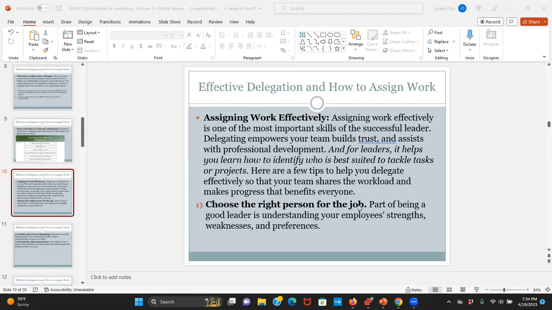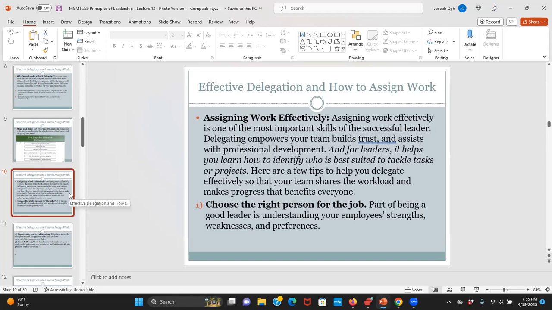For example, if you need to delegate a task that is going to require a lot of collaboration to complete, then don't delegate it to someone who very strongly prefers working alone. You have to give it to somebody who wants that kind of job, somebody who prefers collaborating. So that's one example. Choose the right person for the job. Make sure that you choose the person who likes that kind of job to give the job or the duty.